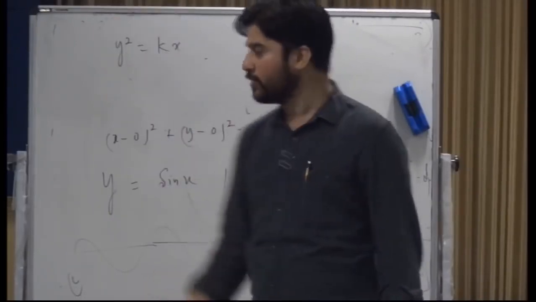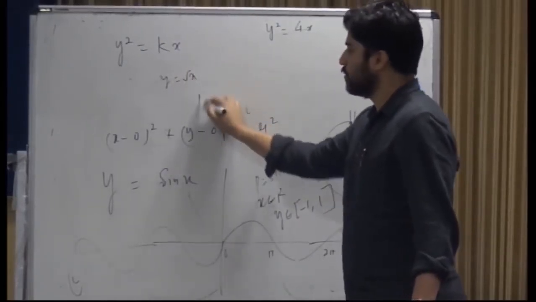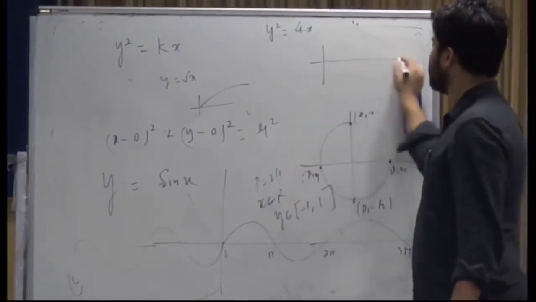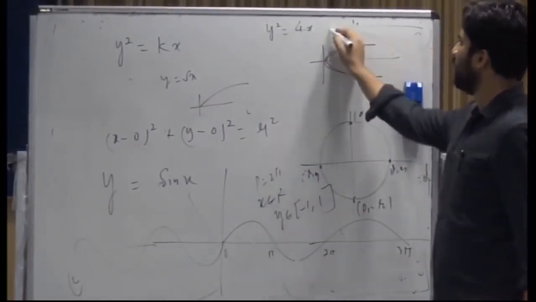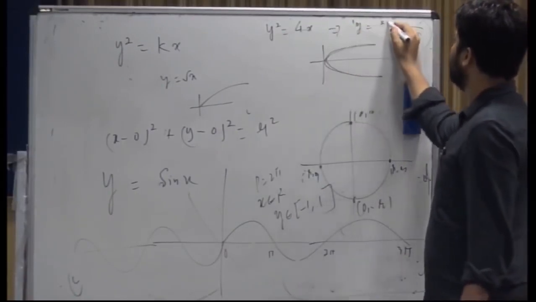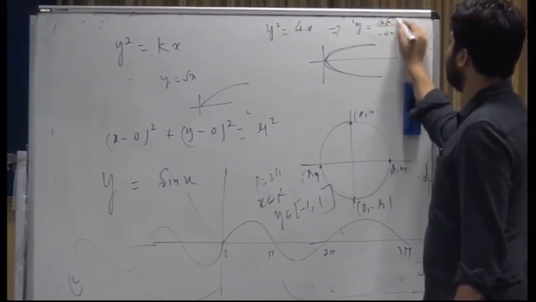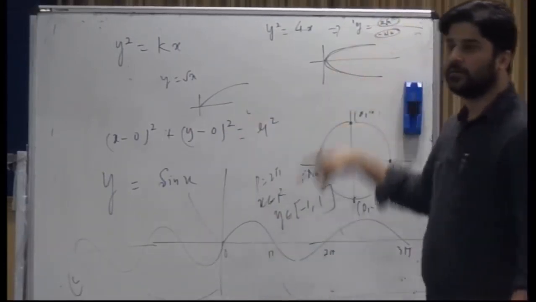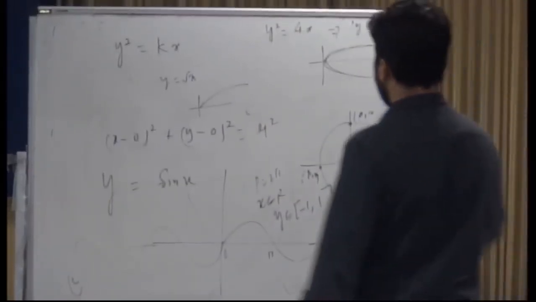Like the upper part, and you know how to handle y is equal to root x. The graph is this. So y square is equal to 4x is definitely going to be the upper part y is equal to root x, right? If you write it like this, it becomes 2 root x and minus 2 root x, right? This is it, 2 root x comes on top, minus 2 root x comes below, right? Clear? Now if someone asks you,